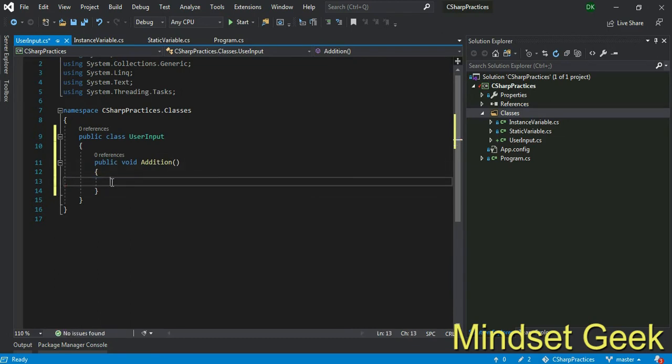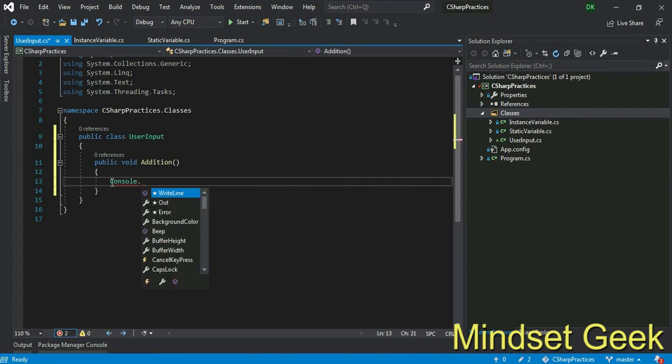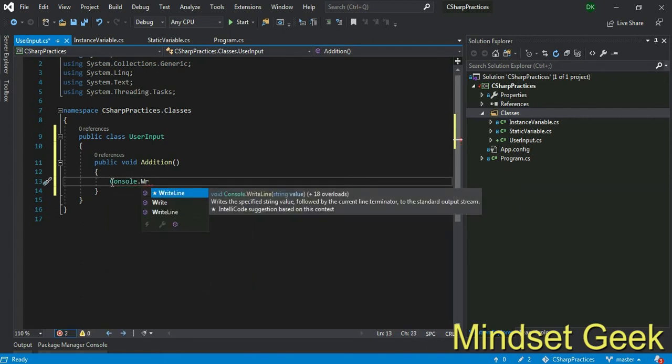First I ask users to enter two values. First I use console.Write or WriteLine. Actually we can use Write or WriteLine, either of these, right? If I use Write, we ask users to enter a value and the user enters that value on the same line.